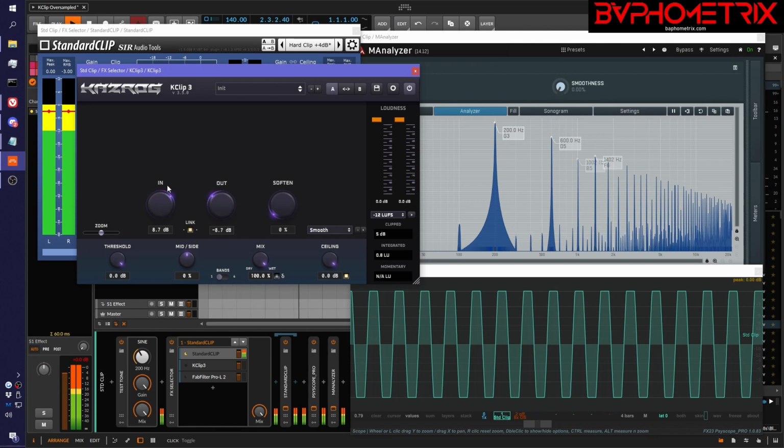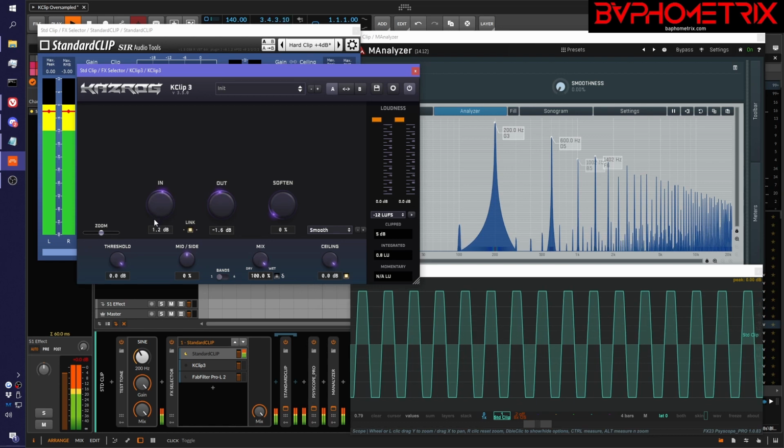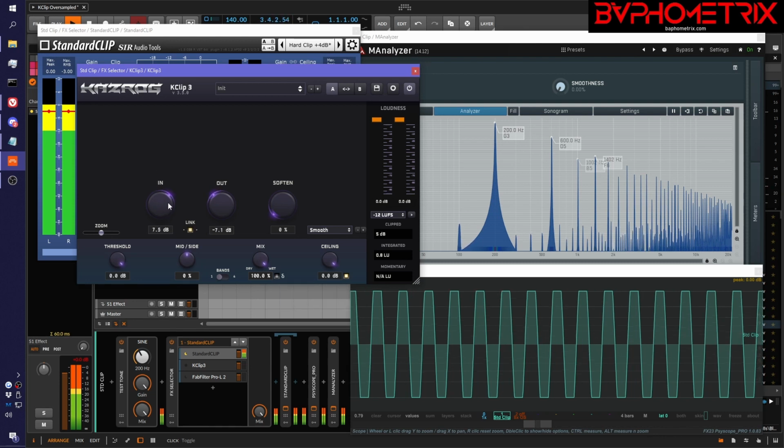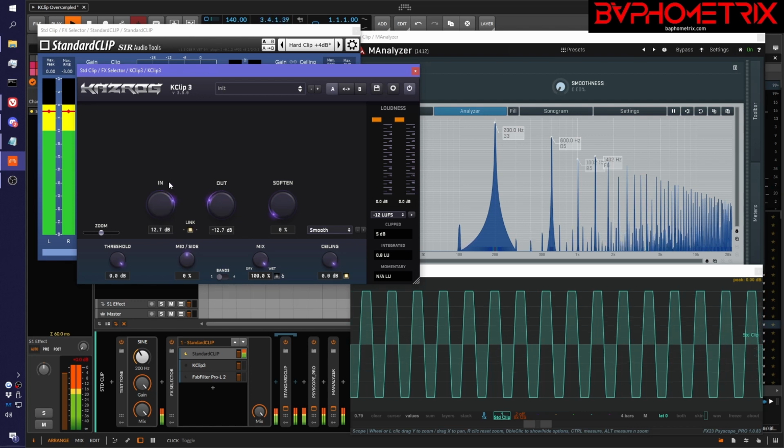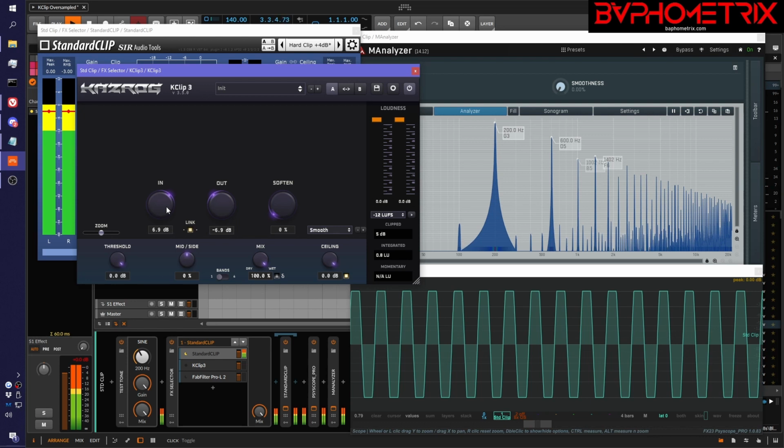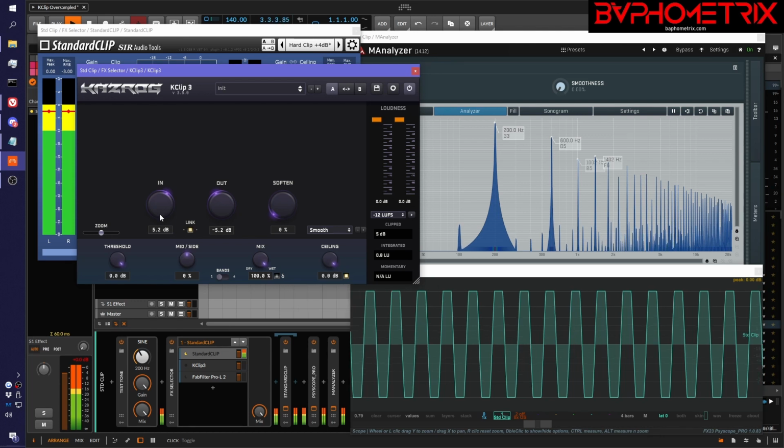So being able to sweep back and forth with a linked input-output knob keeps the perceived loudness almost identical as you're testing for that point where the clipping is audible, and then the point where the clipping is too much, and then the point where the clipping isn't audible at all, and just finding that sweet spot where you're making that best trade-off for transparency. And then once you find that point, hearing it apples to apples at equal loudness because of this linked behavior,